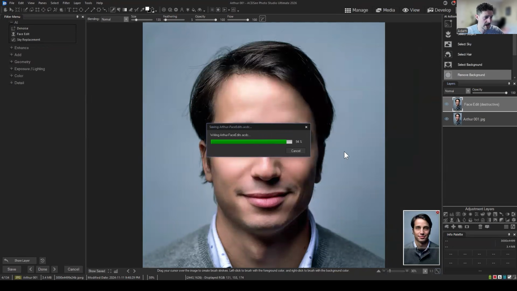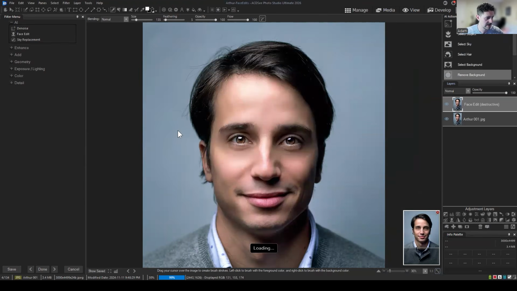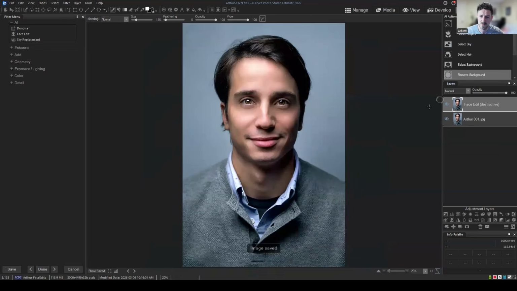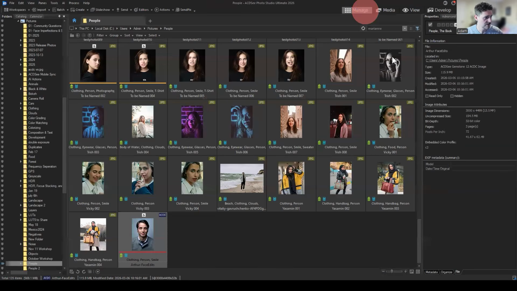It's going to write what I call an ACDSee file. And this ACDSee file is functionally a file where I should be able to adjust edits that are non-destructive. I should be able to edit them in the future. So if I navigate away from this subject matter, and then I was to go back into this,